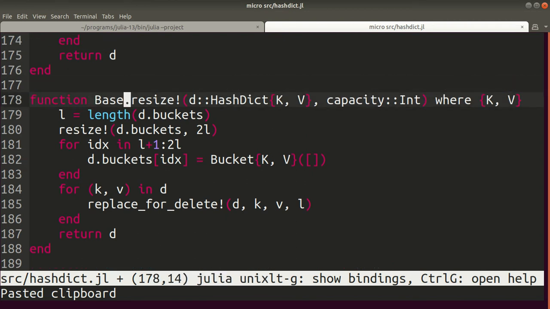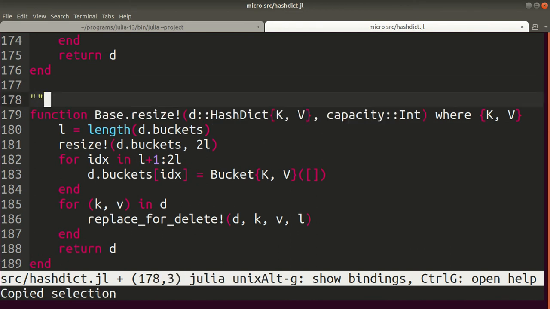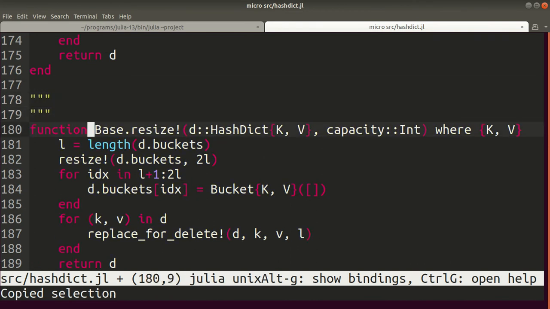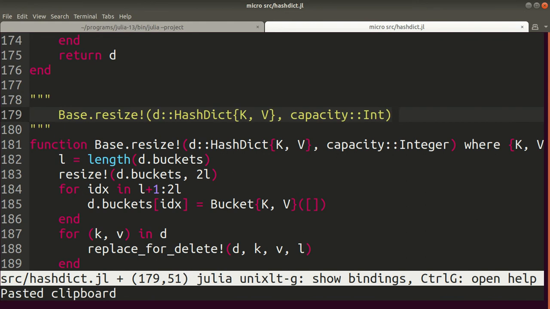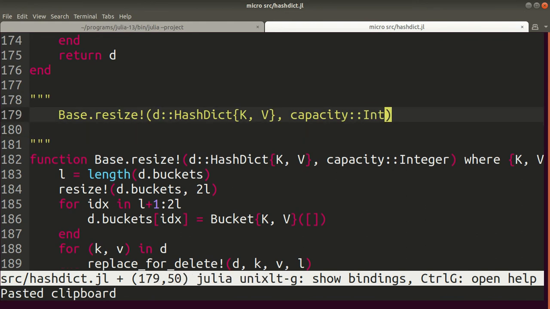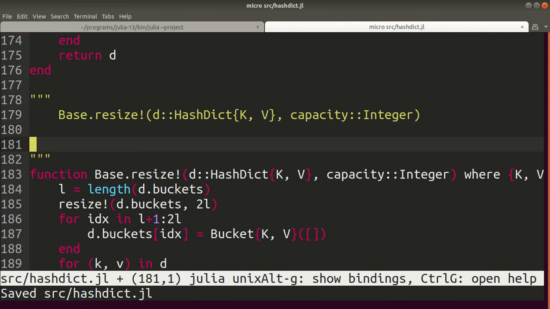We'll also document this with, let's relax this. This only needs to be an integer, which is the super type of int, but also contains the other integer types like uint 8, uint 16, int 16, and so on. So the function we're documenting is this one with integer, and what we want is